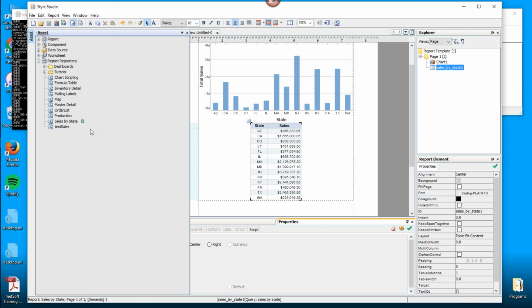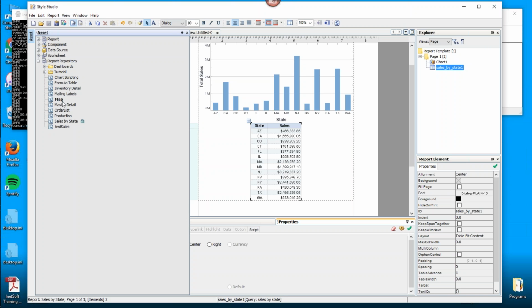that asset. If you have a query open for editing in Style Studio, you wouldn't want another developer to simultaneously open that query and start making changes, because then whose changes are going to be respected if they conflict with each other? So basically there's a built-in locking mechanism so that shouldn't happen. There shouldn't be somebody else modifying this report using a different instance of Style Studio at the same time that I'm modifying this report using Style Studio.